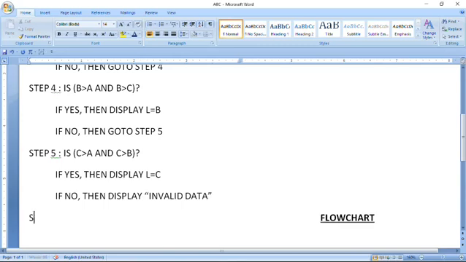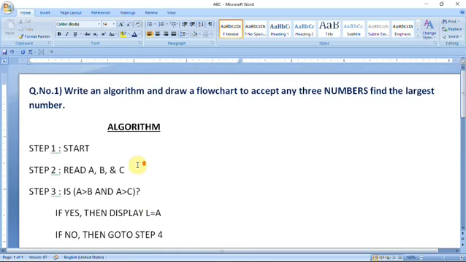Now next, at last, step 6. If 4 numbers are given, then again you have to write is D greater than A and D greater than... We have to write another kind of algorithm, another kind of flowchart for this.